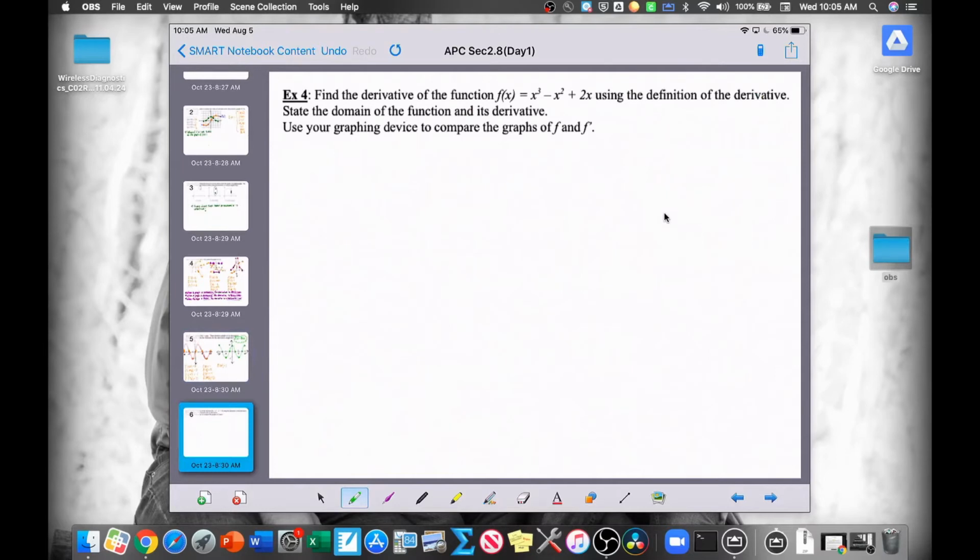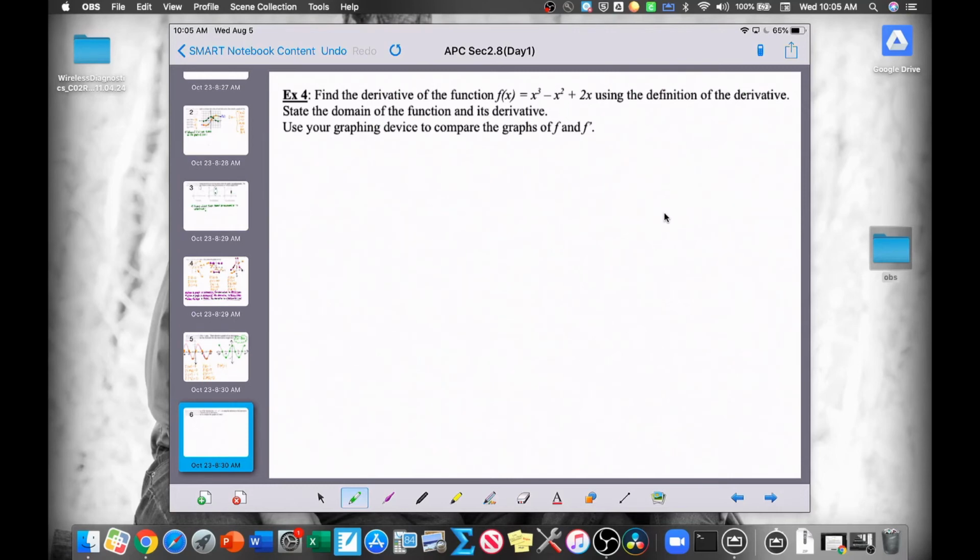Our final example asks us to find the derivative of the function f of x using the definition of the derivative, and then state the domain of the original function and the domain of its derivative, and then we should use our graphing device to compare the graphs of the original function and of the derivative function, keeping in mind things we know about what our derivative should look like. All right, so let's begin with